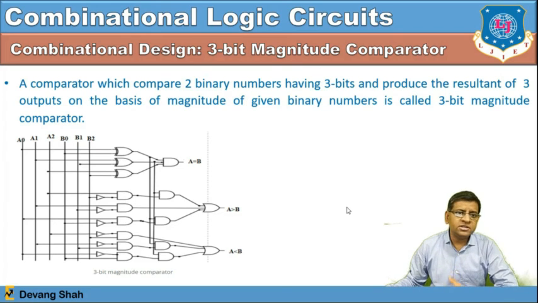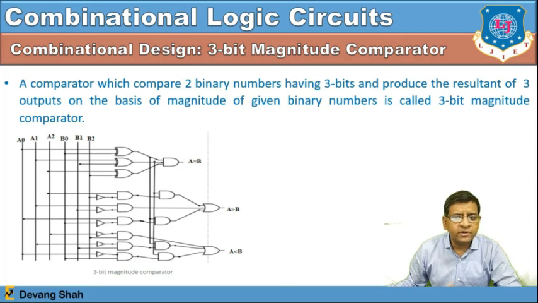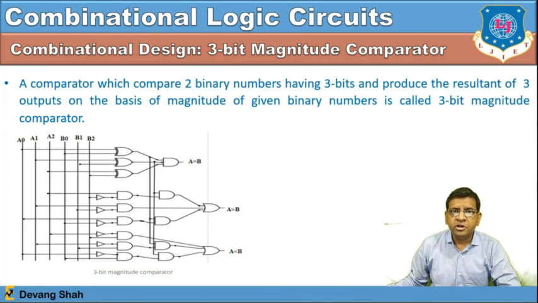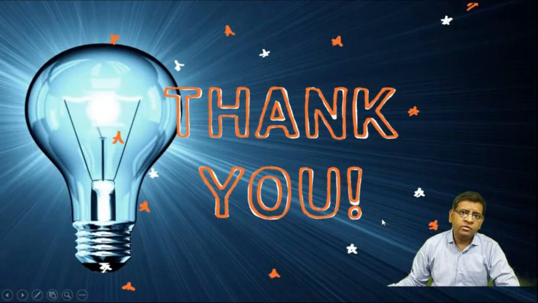So the terminology is the same. Our design concept is always the same. Start with the truth table, then go for the K map, derive the Boolean function, and from that Boolean function you can draw the digital circuit, right? So in that way, you can design any of the components with the help of